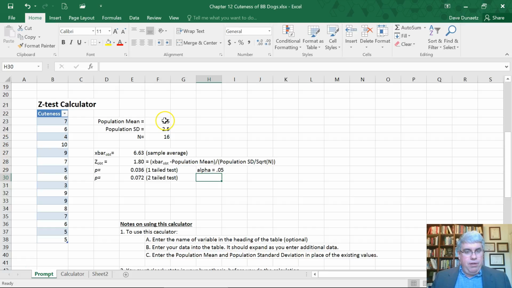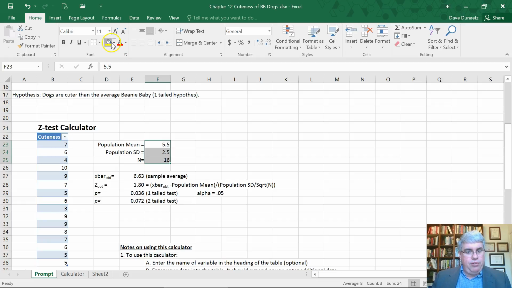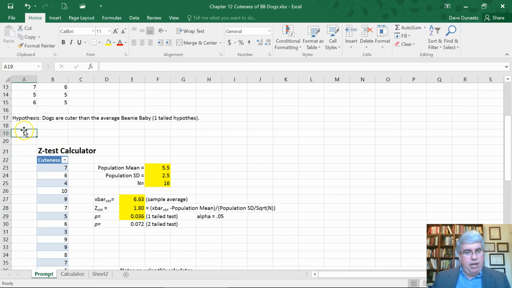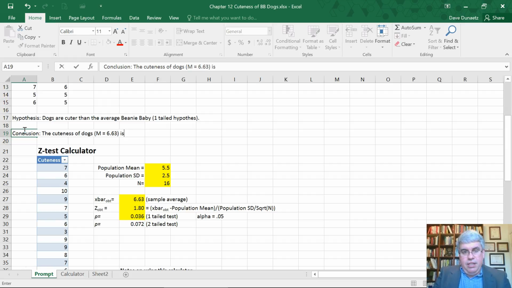Now let's report this. What do we need to report? We need to report the population mean and standard deviation and the numbers. The sample average we need to report, our z, and our p-value. All of these we need to report when we write this up. Where should we report this? Let's put this up here in our conclusion. And our conclusion can state that the cuteness of dogs, which had a mean of 6.63, M equals 6.63, is